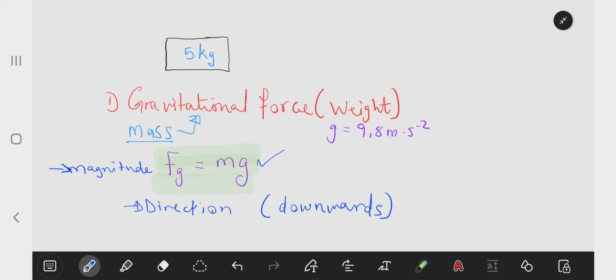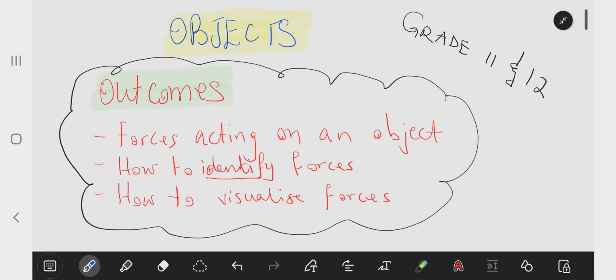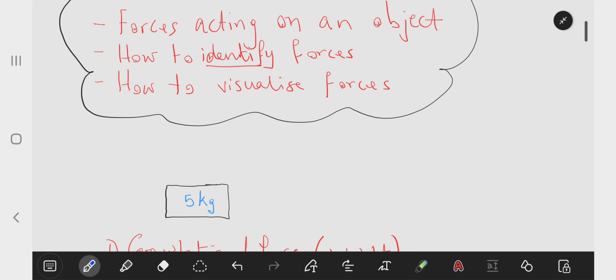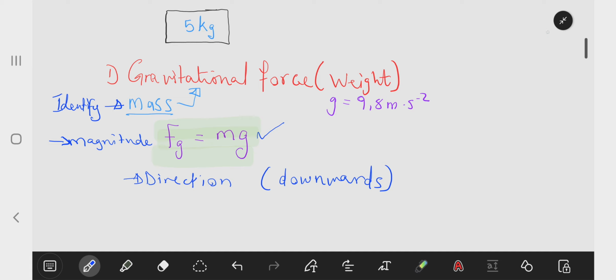So how do you identify that we have gravitational force? You identify using the key term mass. The moment you have mass, then it means you have gravitational force. So this is one of the forces that can act on an object. So this is one of the possible forces. So the way you identify a force is the key term mass. Okay,